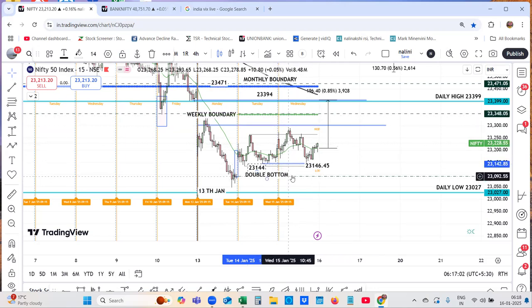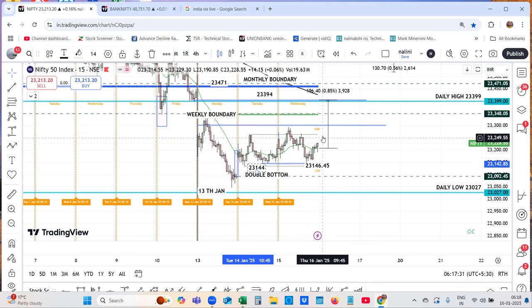So static liquidity is already there, and we are trading in a seller's area. You must remember that even if the market gaps up and retests, it may create an illusion that the market is going to go up, that it is going to reverse. It is not so. Still, we are in the seller's area.